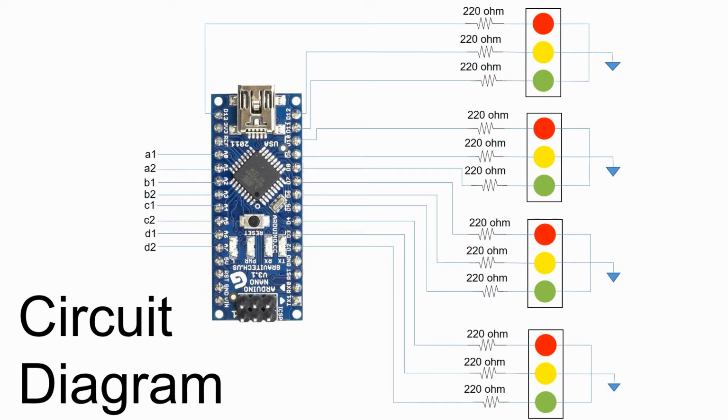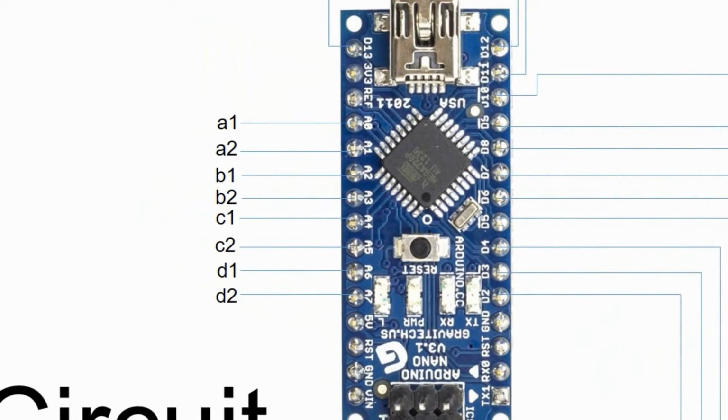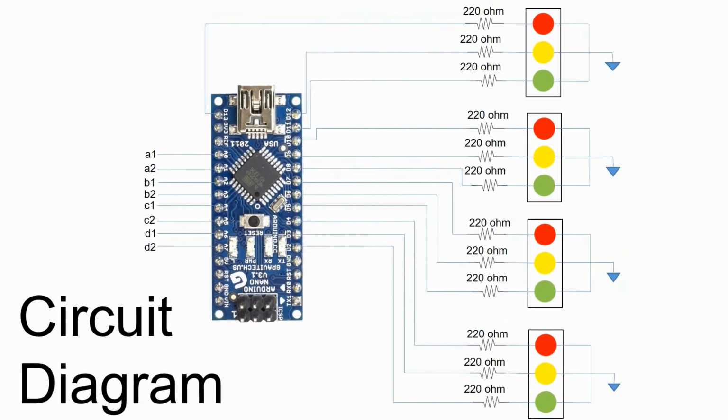In this you can see we have attached all the LEDs to the digital pins and the priorities to the analog pins, and we have not used any specific sensor for this project. So this is a generalized project. You can use any sensor such as an IR sensor, ultrasonic sensor, or a PIR sensor, which is also called a motion sensor. So this is the circuit diagram.